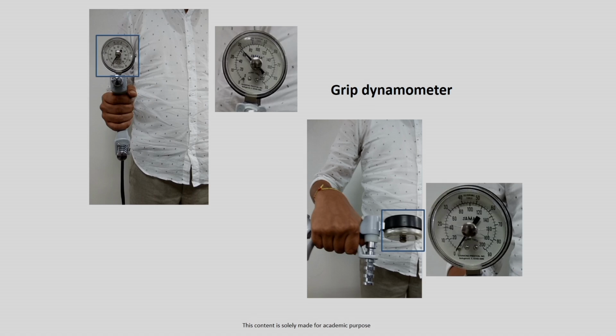Here we have seen one instrument, called a grip dynamometer, and it can measure grip. If you can see the person gripping it, you can change the position of this part. Now the grip is like this, and depending on that, for example with this distance, what is the grip; if you extend it maybe like this, how much grip force can you generate. Obviously if we hold it like this and these fingers overlap with this finger, then that is the maximum grip, called the power grip. So this force you can exert at maximum.